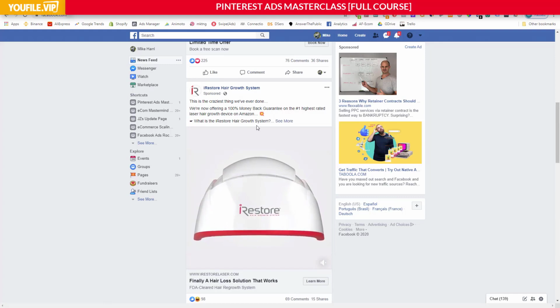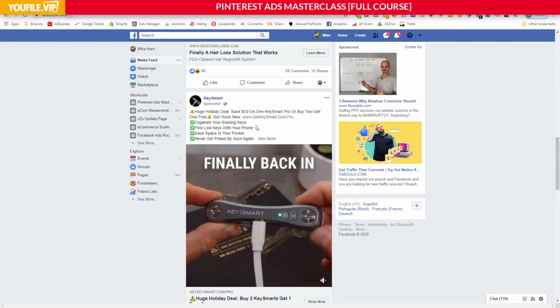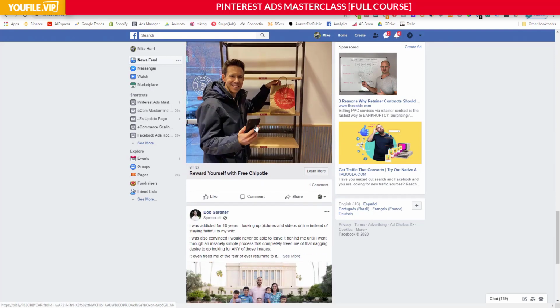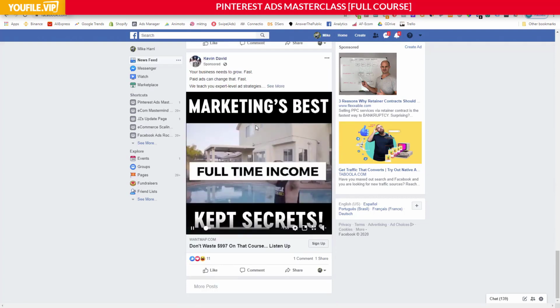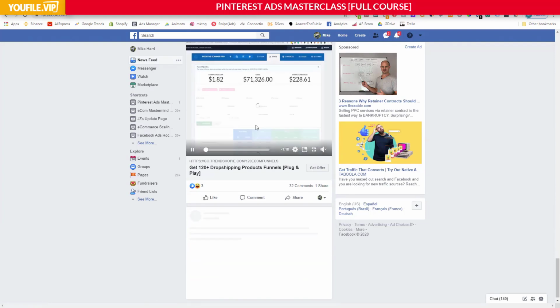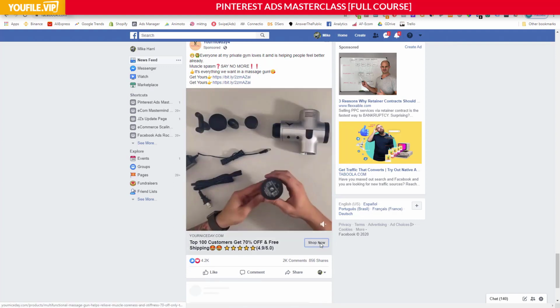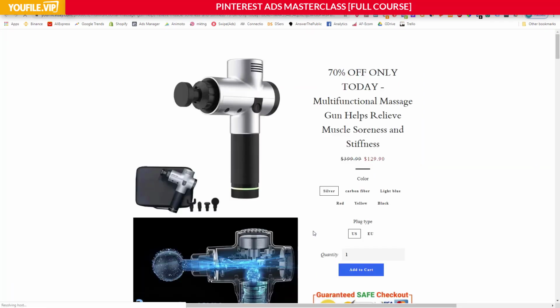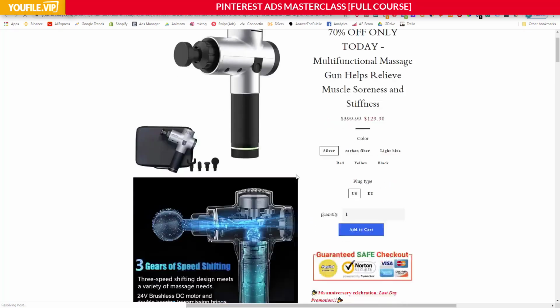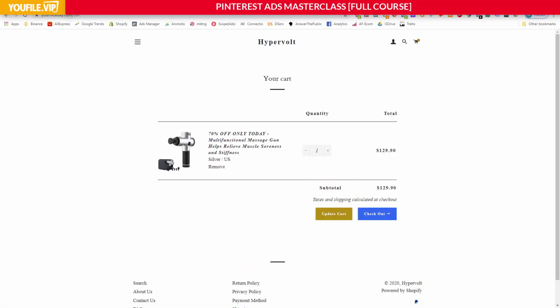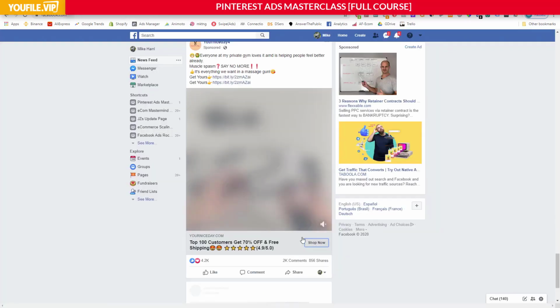So we got the Restore Hair Growth System. So you can scroll through like this looking for product ideas. And then another good thing to do when you see something like this is to click Shop Now, so that Facebook tags you as an engaged shopper. You can even add to cart if you want to, so you'll probably then start getting targeted for Facebook users who are targeting add to cart conversions,